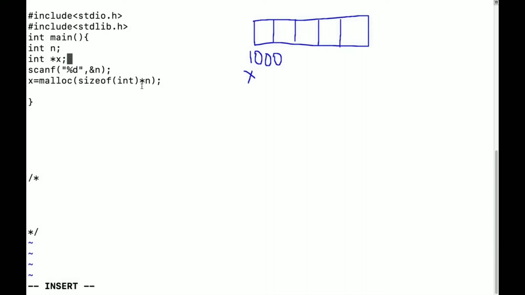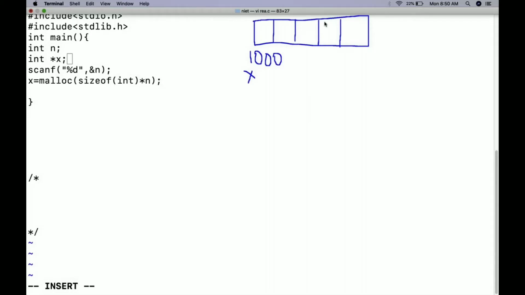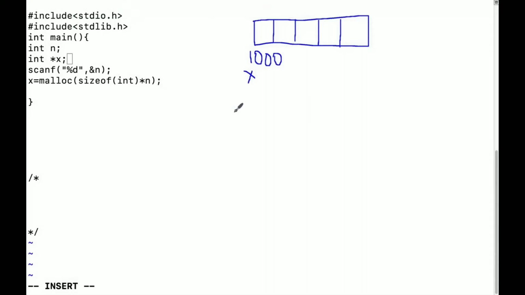I have taken one variable, guys. What I'm trying to tell you is something like this. There is a memory, and it has an initial address.